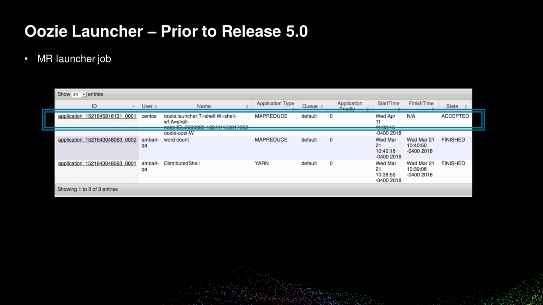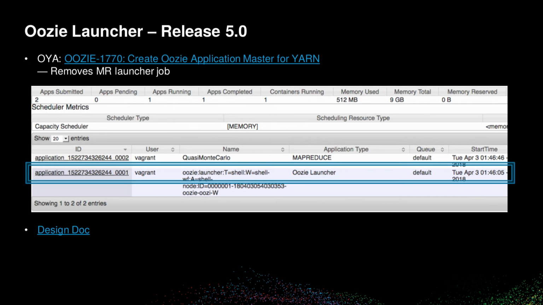All right, so this is probably the most exciting feature I'm happy to see, right? If you can see, application type is MapReduce. In 5.x, it was replaced with a Yarn application. So it's a native Yarn application. They decided to call it Oozie Launcher, right? So it's a lot more efficient, a lot more lightweight, I'd say. It's great. This is a screenshot of a 5.x Oozie. This feature makes all of us in the Oozie-using community happy enough that the feature was, oh yeah, or OYA. Oh yeah.